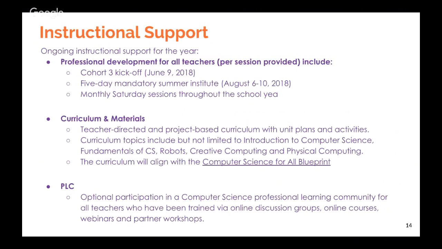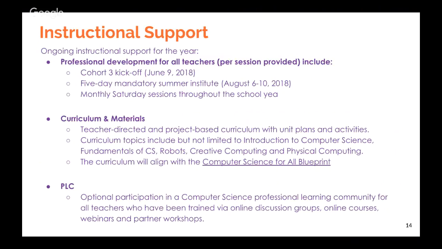The next one is the 5-day mandatory summer institute, which is August 6th to the 10th. Again, this is 5 days where we really explore those concepts and practices and help teachers begin gaining an understanding of what that means in elementary school computer science education, and how valuable that will be to their students. And then we start looking at the content and curriculum.